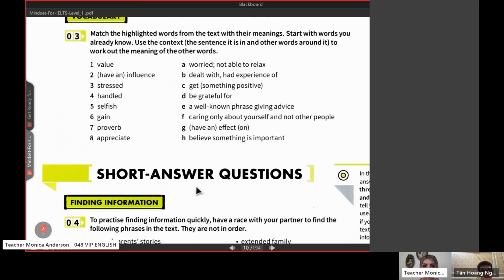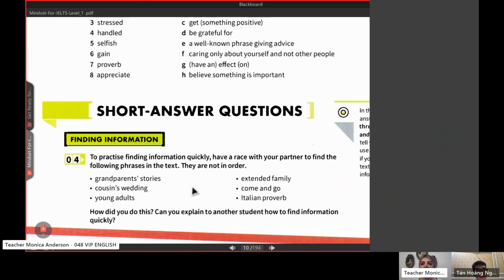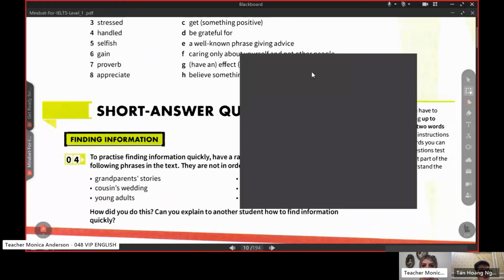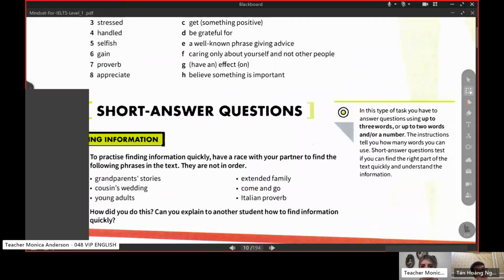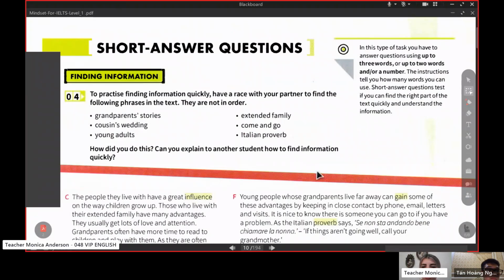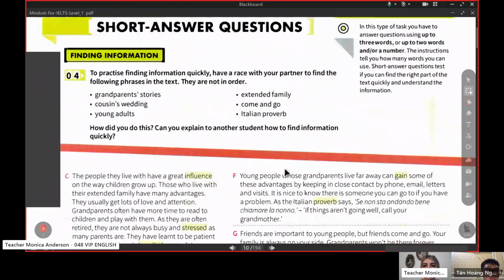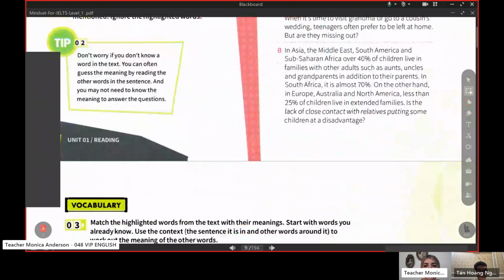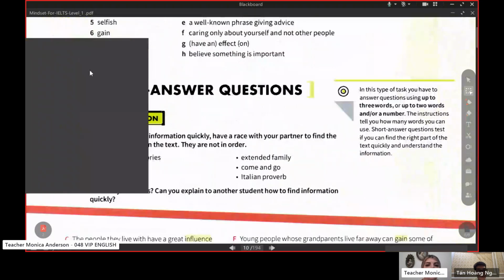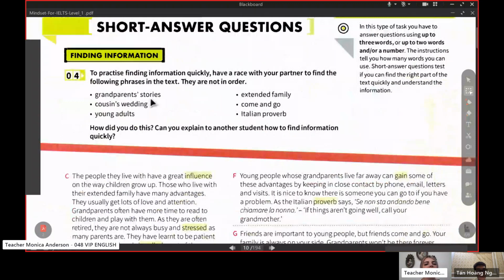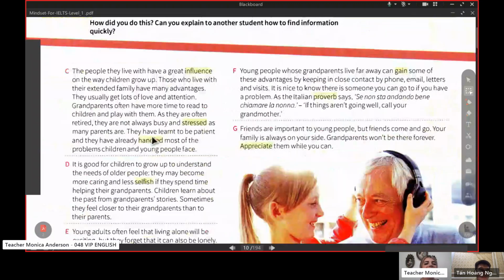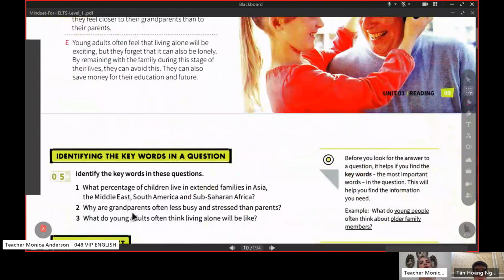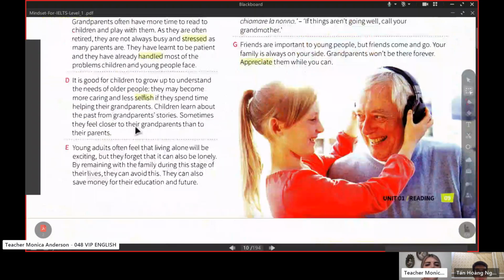Good, you know this. Okay, now let me ask you another question. As you can see, we have some highlighted words in the text. For example, value. And as I told you, they are keywords. Just let me say something. We have this part of short answer questions. That is really easy because normally the answers to these questions are in order. For example, if the answer